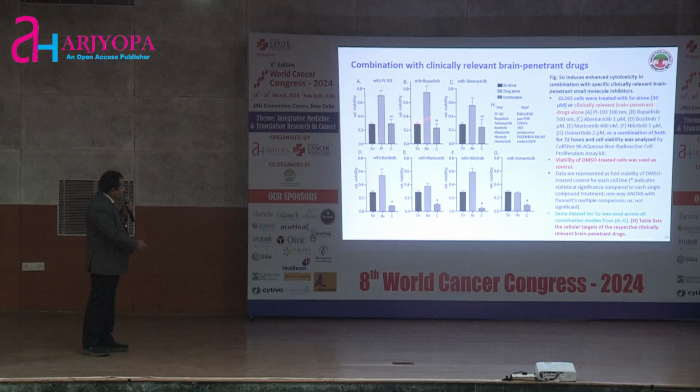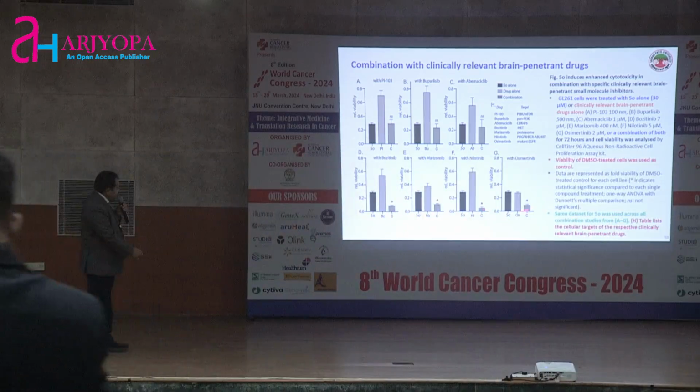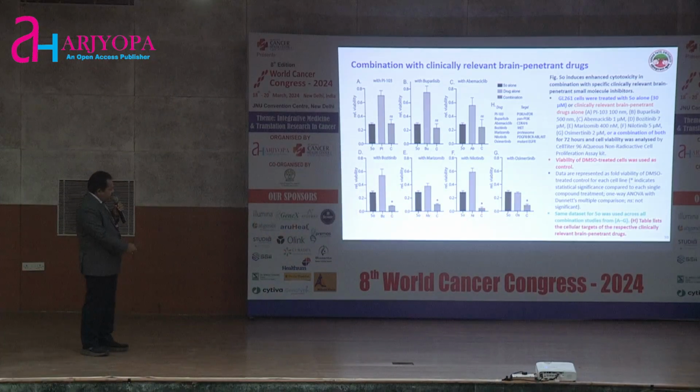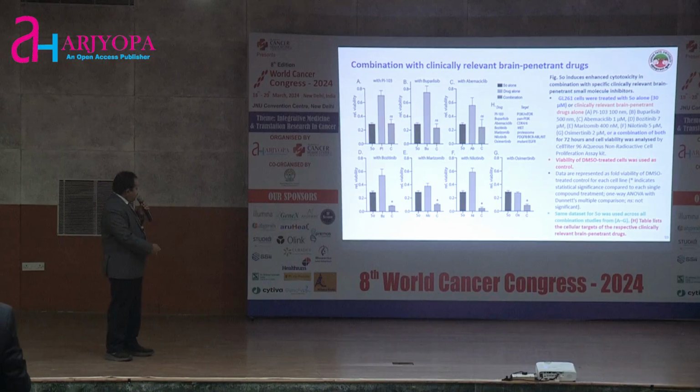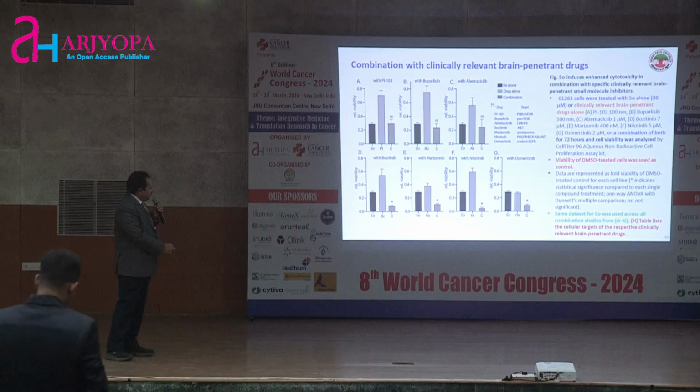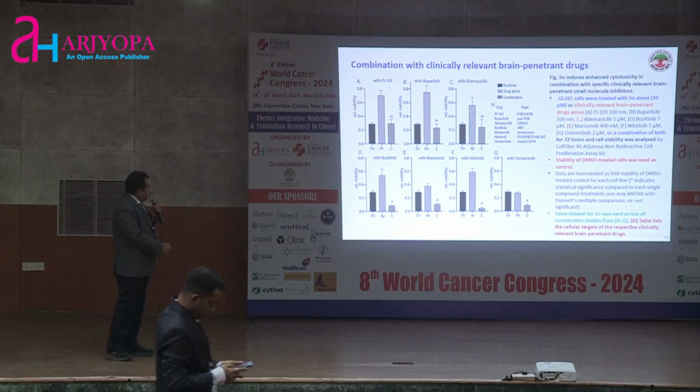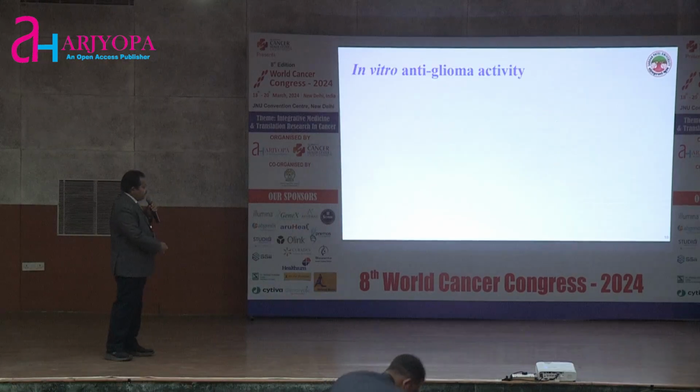When we go for the combination of our 5O molecule with the existing drug molecules, you will see that we can have better efficacy with the combinative studies. That is the finding we made with the help of collaborators. Here, C is nothing but the combinative approach. We can have good results. I will not discuss much more regarding this, but you can see the cell line coded GL261 was treated with the 5O alone, and you will see the kinds of activities.